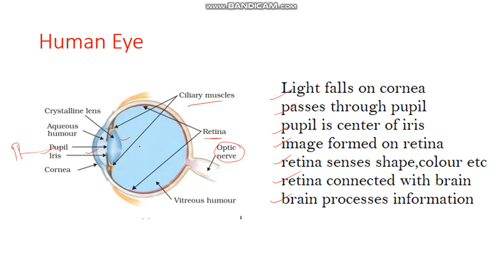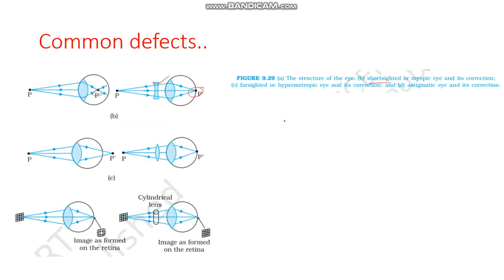This eye acts like a convex lens, a converging lens. This retina is connected to optic nerves which transfer the information to the brain. So this is how the system is. It's a complex system and it happens so quick that you are not able to even recognize it. Okay. So here it all depends upon where the image is formed. Because of that there are some defects in the human eye. So let us see them.